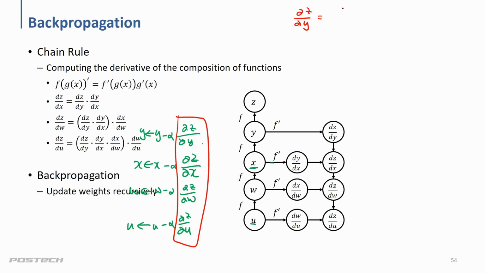This one is just f prime. And what about this? Well, z is not a function of x. z is a function of y. But we know that y is a function of x. So what we can do,